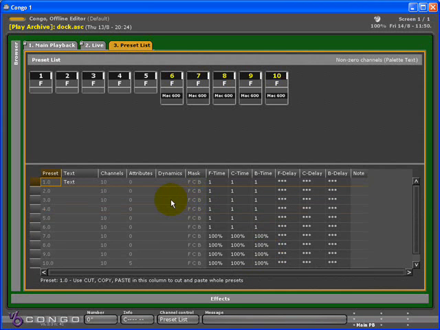And at all times, when I'm in a cell, as you can tell down here, there's a little hint about what available choices I have. I can use cut, copy, and paste in this column to cut and paste whole presets. I can press modify here